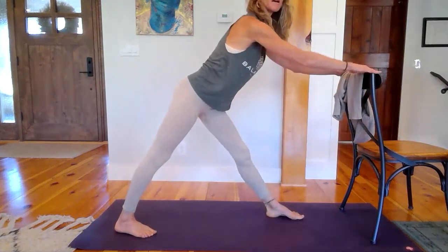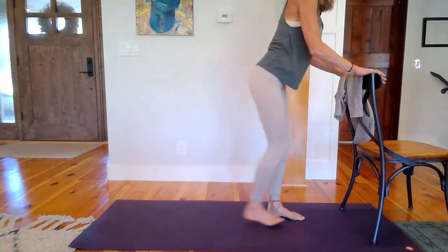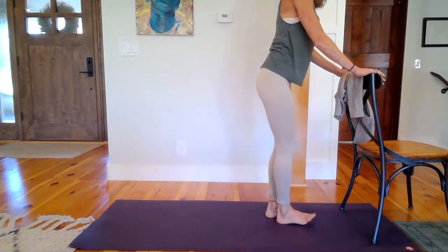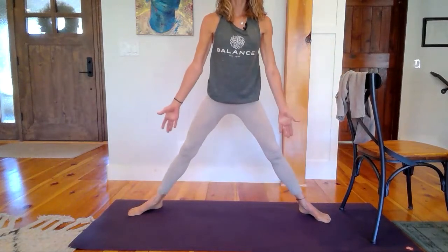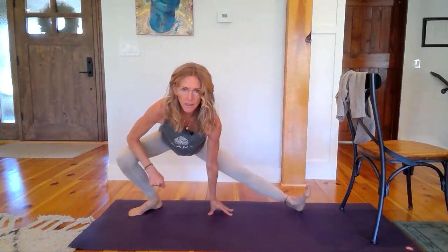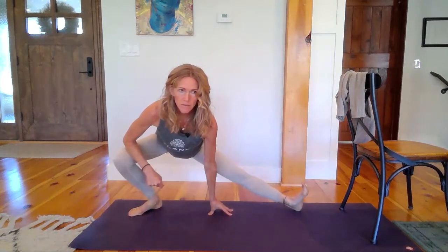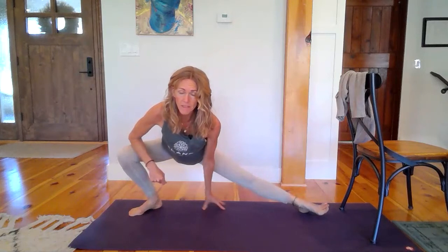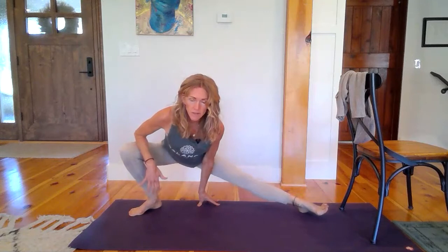And then come back up. Step forward. We'll go to a split side here, toes out. Bring an elbow to the knee and just open that inner thigh a little bit deeper. Again, I'm going to flex the toe. Point and flex and hold for a period of time until I feel that gentle release in the inner thigh